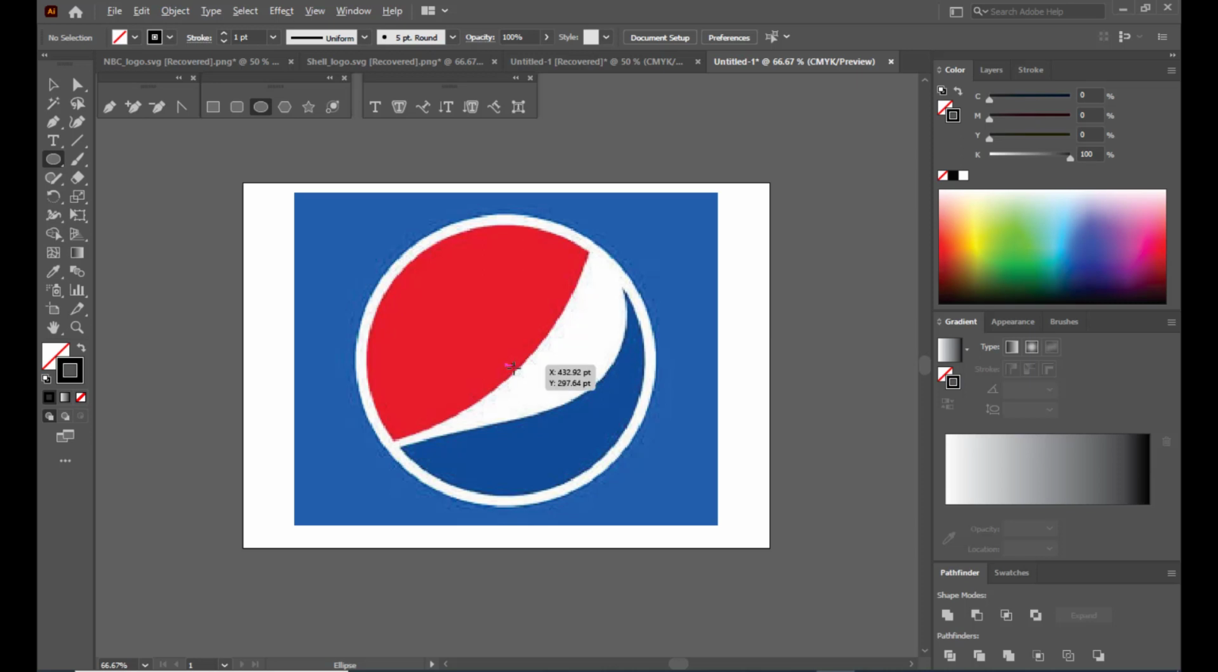So simply use Alt and Shift. Right. So now we will just place the ellipse exactly at the center. Right. So once we have placed it at the center,